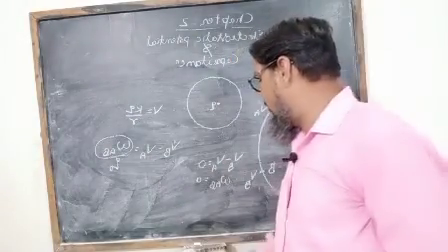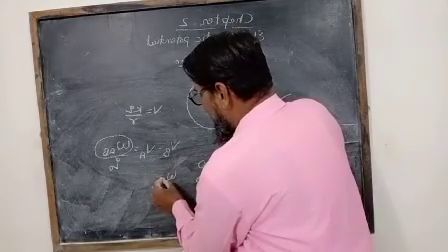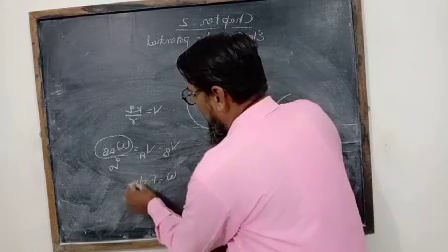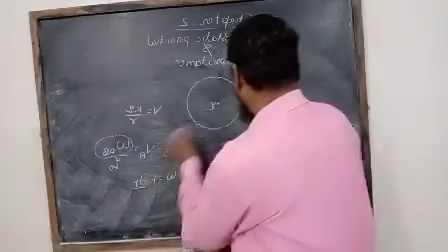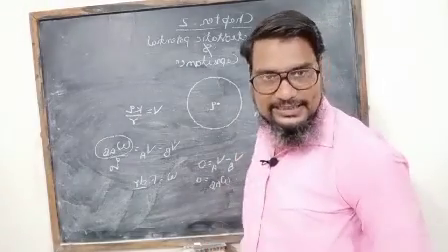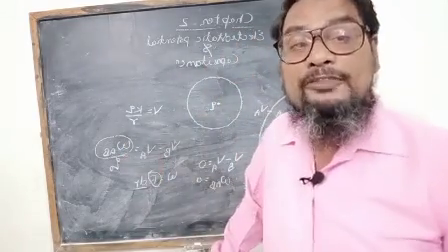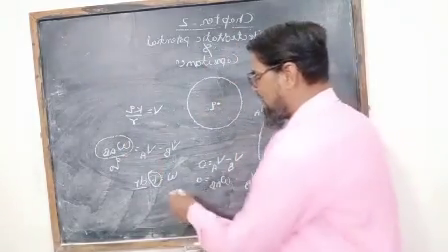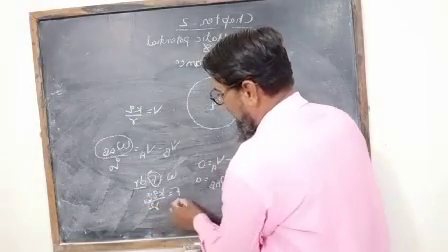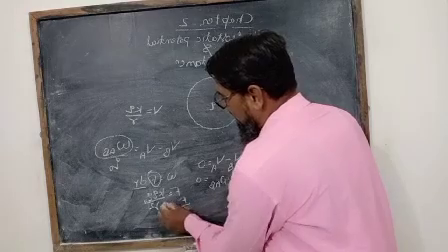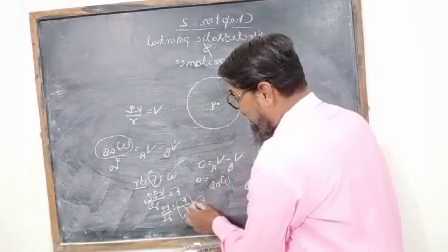And also we know that the work done is 0. We know that W is equal to F dot dr, where dr is the displacement from this point to this point in this case. And F is the electric force. For a unit positive test charge, we know that F is equal to KQQ0 upon R square, or F upon Q0 is equal to KQ upon R square, and this is nothing but the electric field intensity,